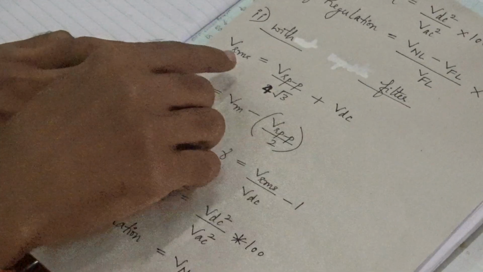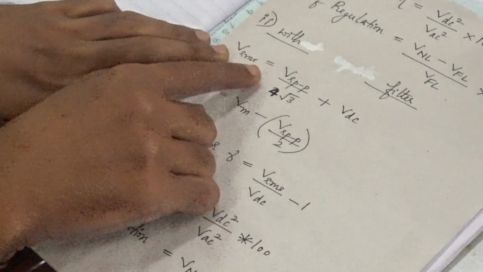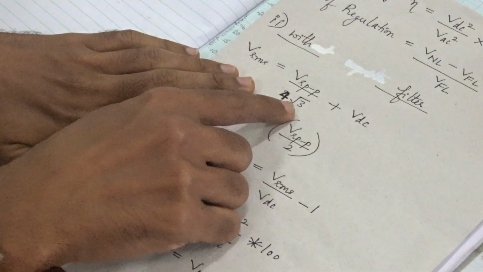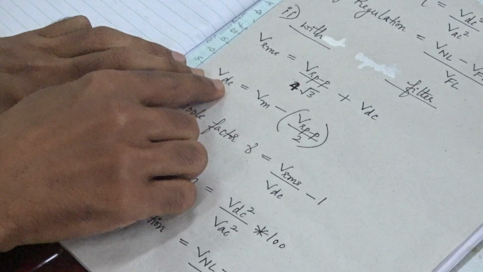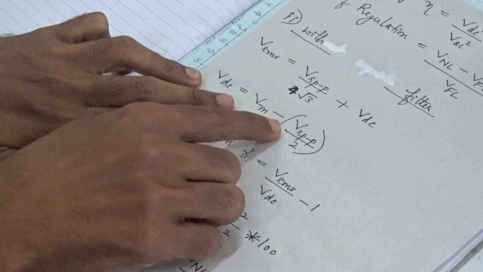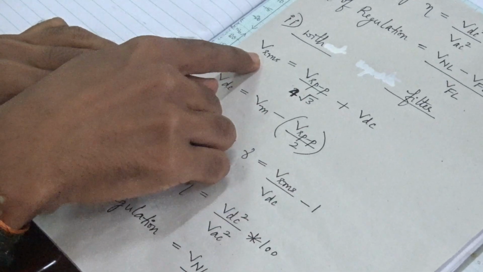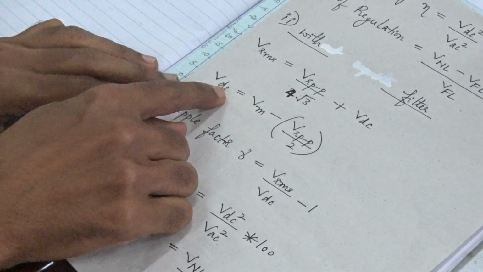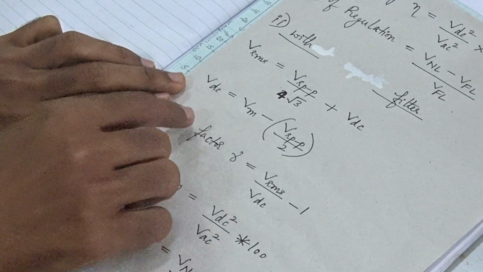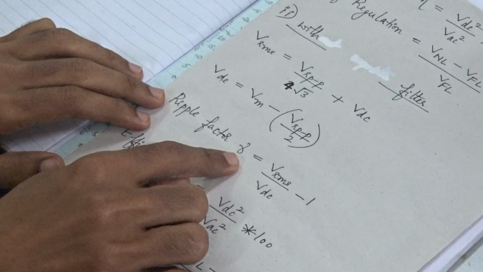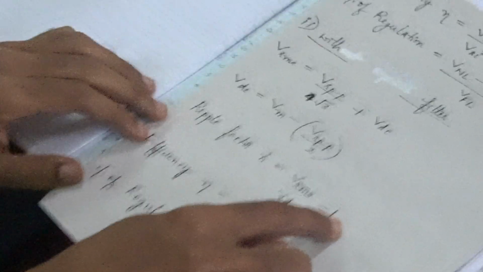Okay, so the formula to find out the RMS voltage value is VR peak to peak divided by 4 into root 3 plus VDC, and the formula for finding out the V suffix DC value is Vm minus VR peak to peak divided by 2. So after finding out the RMS voltage and the DC output voltage, calculate the ripple factor using the formula square root of V suffix RMS square divided by VDC square minus 1,